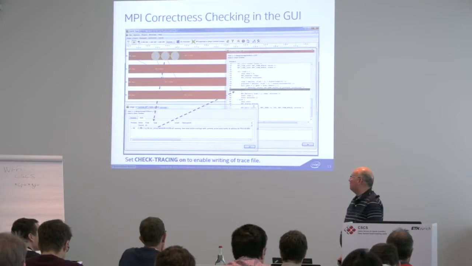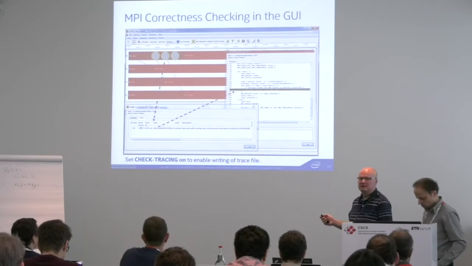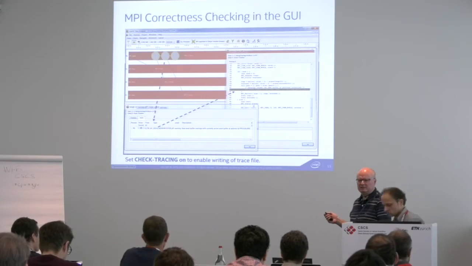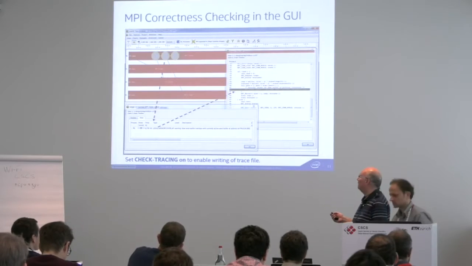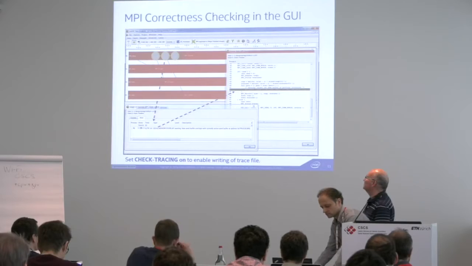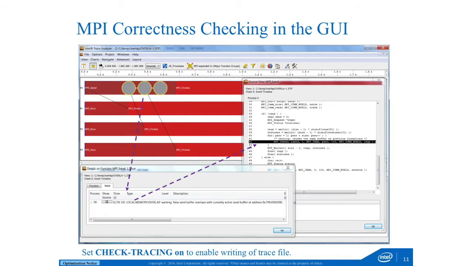So that would be how the trace file looks like, and it looks like an ITAC trace. Here for each process you see a bar, and you also see the MPI calls, but additionally you see some bullets. Think yellow bullets for warnings and black bullets for errors. Then you can click on these bullets and get more information, like the kind of error, where